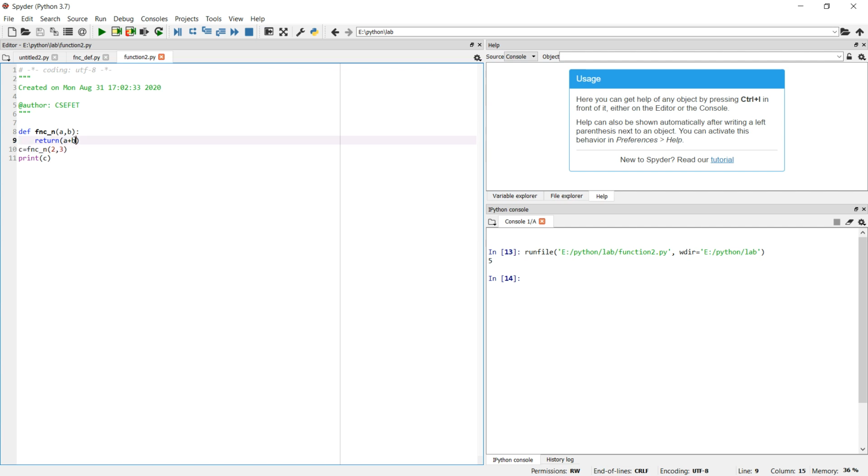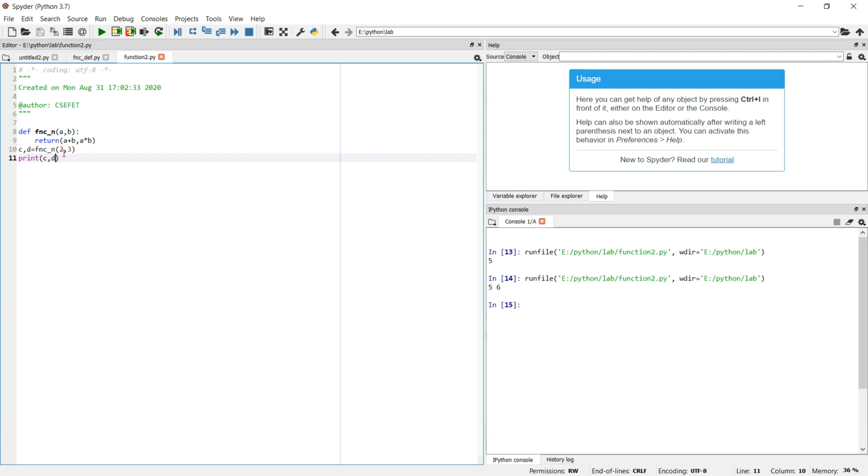Now in Python we can even return more than one value at the same time, just by giving a comma. So if I want to run addition and multiplication also, I'll put a comma, and in the same way we have to give two variables to catch these two values which are being returned. So a multiplied by b is returned in d, and a plus b is returned in c. If I now run this program, see, it will give 5 for the sum of 3 and 2, and 6 for 2 multiplied by 3.